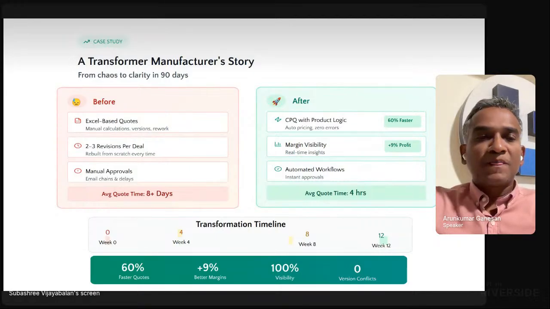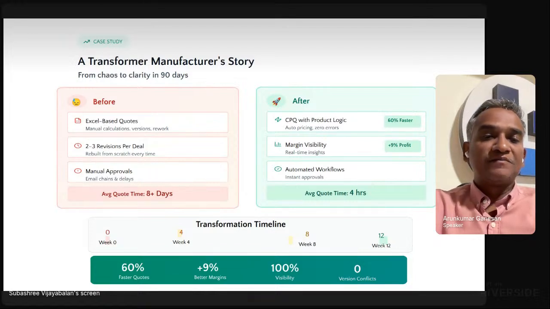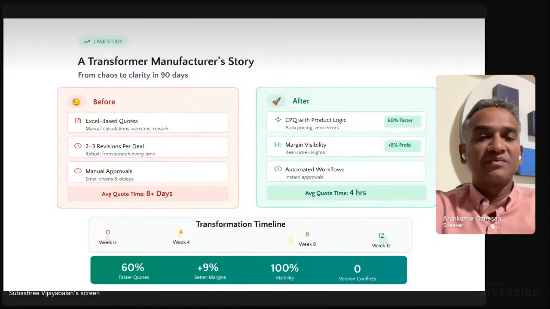So, here is a very good transformer manufacturer story, who we have been working with for more than 4 years. They came to us with a lot of problems. They already had a tool, and the tool was meeting some of the requirements, but not all.